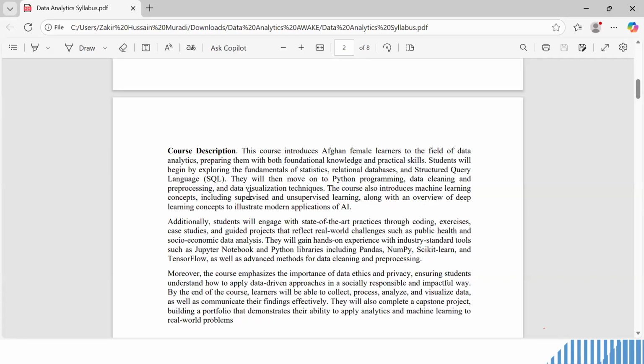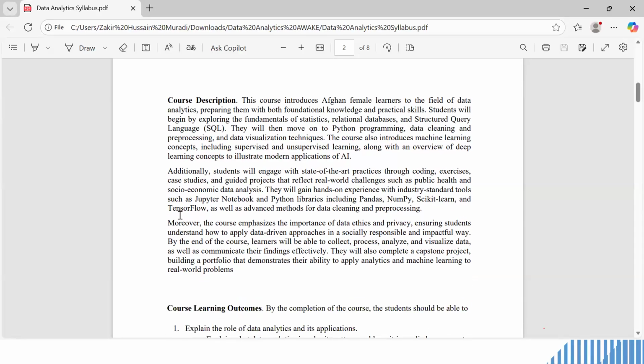We will see what supervised and unsupervised learning are. Also, we will look at another portion, reinforcement learning, and deep learning concepts to illustrate modern applications of AI and how industries are using machine learning and deep learning in their respective fields. Nowadays, it's all about data analytics when it comes to medicine, the army, everywhere. It's all about predictions, which come under machine learning and data analytics. Apart from this, you will have state-of-the-art practice through coding exercises,